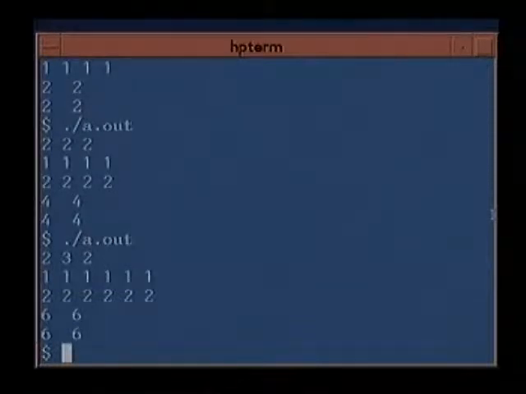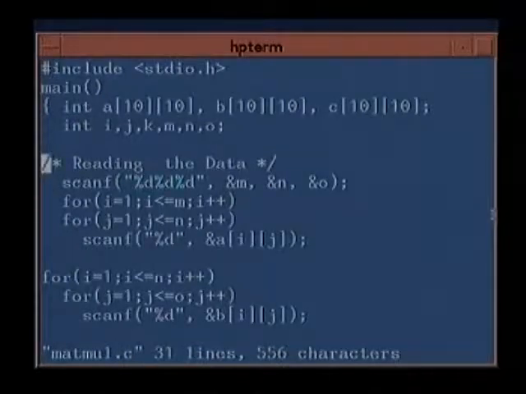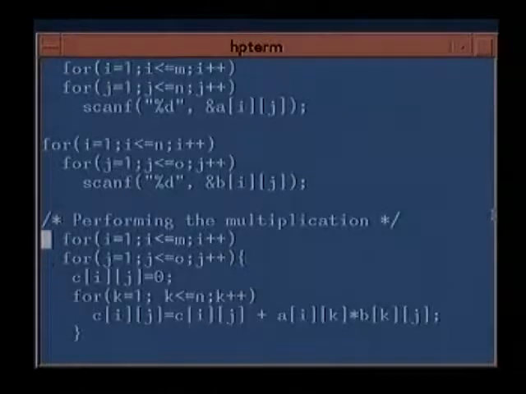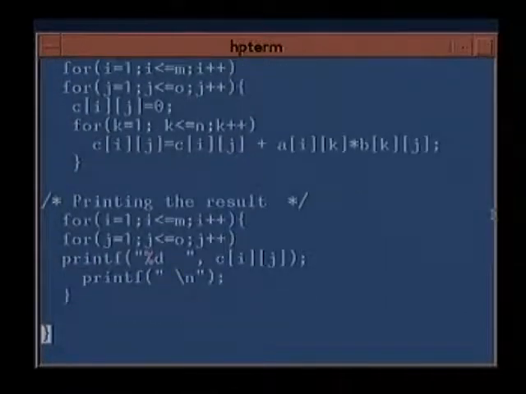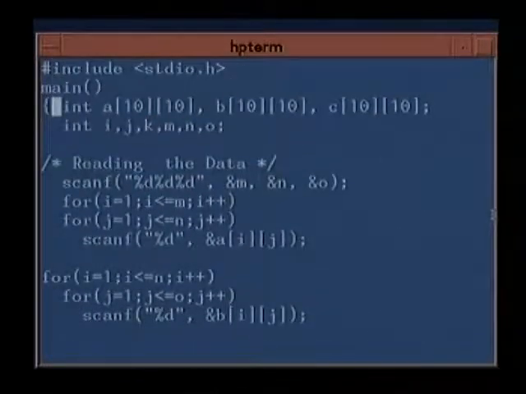So obviously the program works correctly, and the intention was not to understand how matrix multiplication is done, but how to declare two-dimensional arrays, how to put in for statements, and how to put in a combination of if, then, and for in a two-dimensional array. So that takes care of two-dimensional arrays, and once we know what two-dimensional arrays are, we can easily extend it to 3, 4, 5-dimensional arrays in a simple and similar manner. But we shall come back to these examples to understand why we do it this way and what the advantages these lead us to. We shall come back to these examples later on.